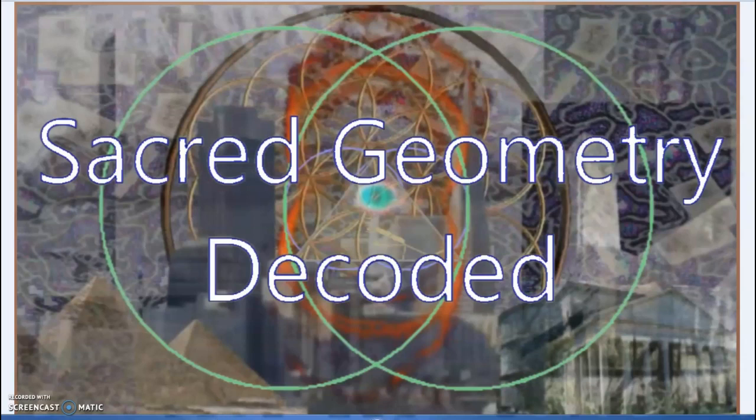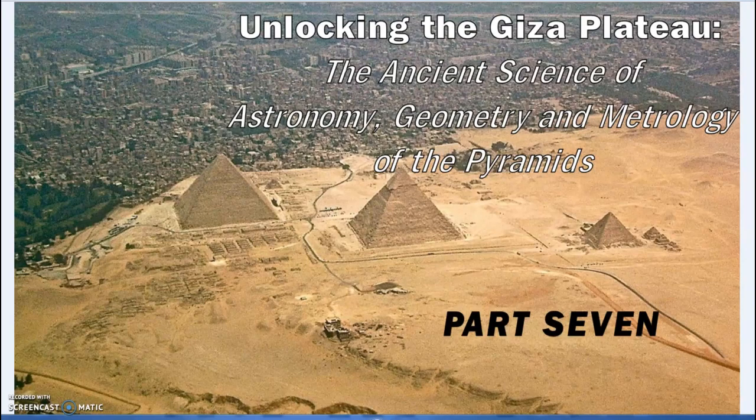Hello SGD, Sacred Geometry Decoded, and this will be part 7 in the series, Unlocking the Giza Plateau, the Ancient Science of Astronomy, Geometry and Metrology of the Pyramids, where I've been looking at firstly how the Giza Plateau, or the three famous pyramids, actually connect to, for instance, the Khufu Valley Temple through the solstice and the equinox cycles, and also how that joins in a lovely geometric metrological pattern with Menkaure's pyramid as well, focused on the Khufu